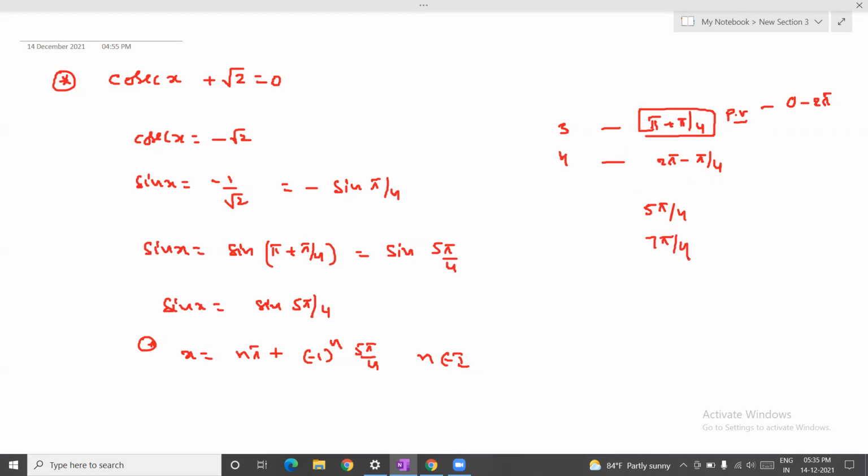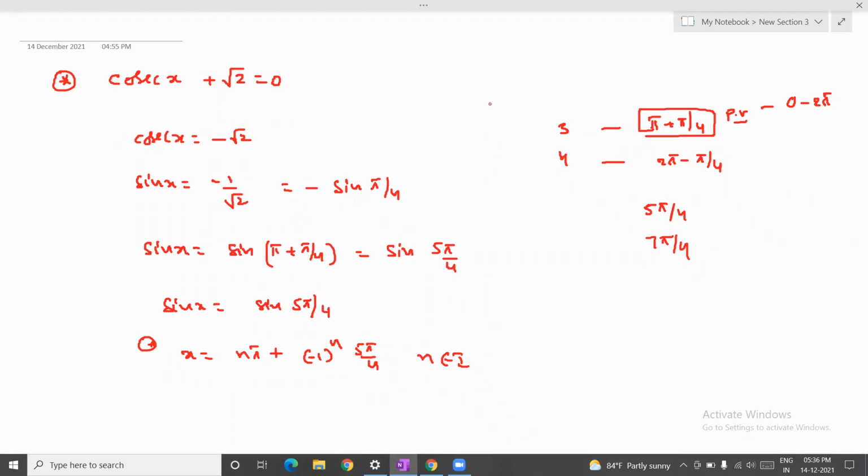Suppose I'm taking 7 pi by 4, what will happen? For minus 1, you will get the values you are getting for 0. If I'm taking minus 1, minus 2, minus 5, minus 7 pi by 4, and 0, you will get one set of values. Whatever values I am getting at 0, you won't get, because you are taking the second principal value as the reference and you wrote the equation. Because of that, we can't say it is wrong. Okay, sir. Got it? Yes, sir. Understood why it won't be wrong, students?